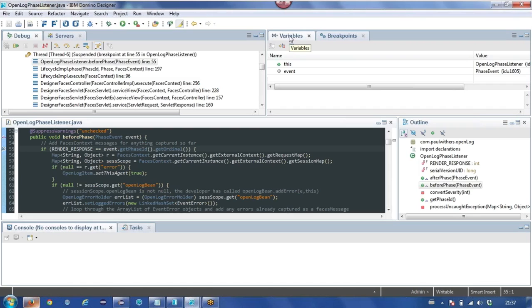Then over on the right here we've got variables. So these are the variables that are available there, and all of their properties. Bear in mind that in the LotusScript debugger, if you've got a Notes document there and open it up, then you've got the items property that you can expand to see all of the fields.